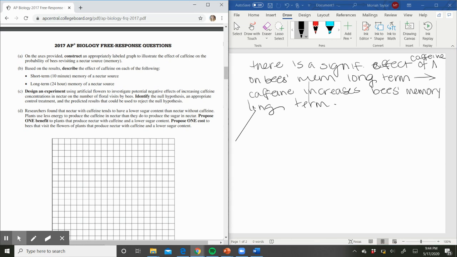Okay. And then it says describe or design an experiment using artificial flowers to investigate potential negative effects of increasing caffeine concentrations in nectar on the number of floral visits by bees. So identify your null hypothesis and appropriate control treatment and the predicted results that could be used to reject the null hypothesis. So when you're designing an experiment, you need to obviously have a treatment and then a control. So we can say for C,